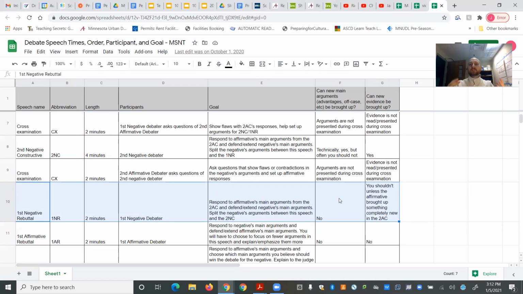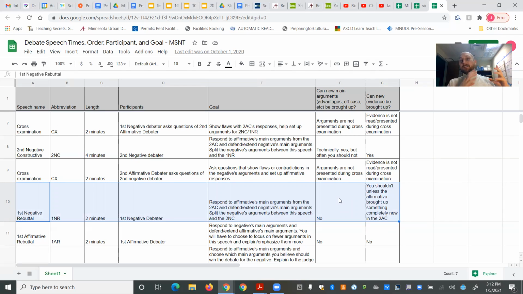So this is where the debate starts getting away from reading evidence and gets more towards actually explaining it. So if you've watched the impact weighing video or any of the other videos about what arguments are in the evidence, this is where you start telling the story to your judge more clearly. So you can tell them things like,